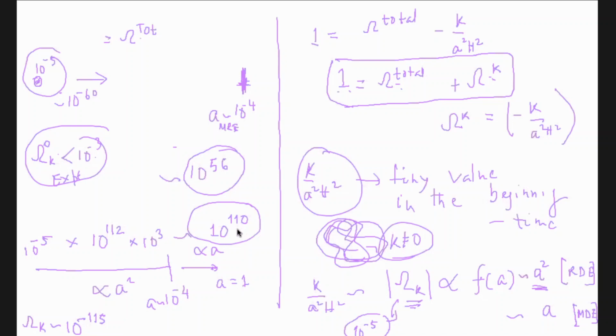So if today it has to be with a value of 10 to the power minus 5, that means you have to start with a value of 10 to the power minus 115 or even less. Because then you will multiply it in the beginning by 10 to the power 110, and then you will still get 10 to the power minus 5, a small value. Then you will say, okay, I'm okay with the experiment. So you need a hugely small value of curvature in the beginning of the universe. Is it clear?